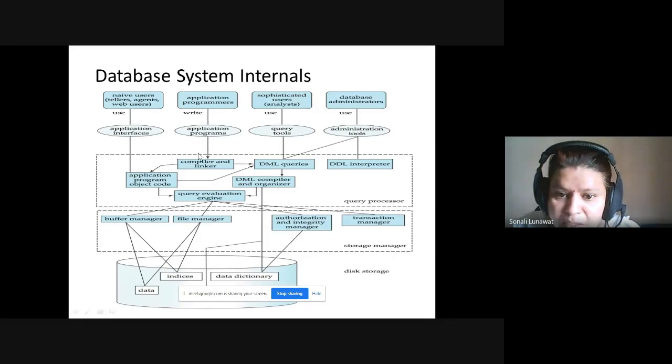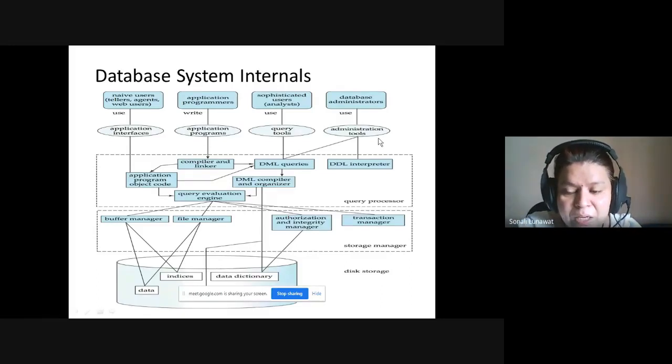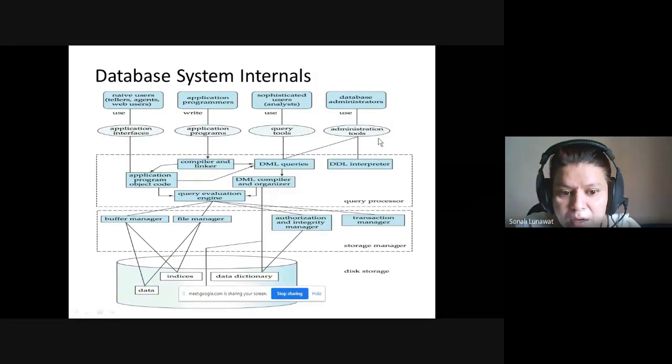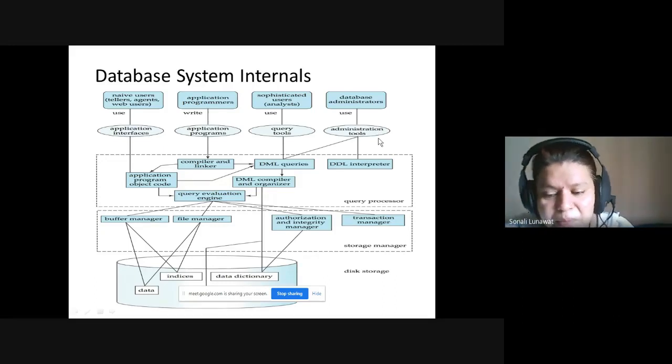Then the next part is the query processor. Now what is a query? In a database management system, a query is nothing but a command given to a database. Meaning, in programming we follow some instructions, so we give instructions to the program, or we write some commands to the program. Like if I want to create a directory on the terminal, you write mkdir and the directory name if you are working with the Ubuntu operating system. So you are following some instruction, or commanding the system to do something.